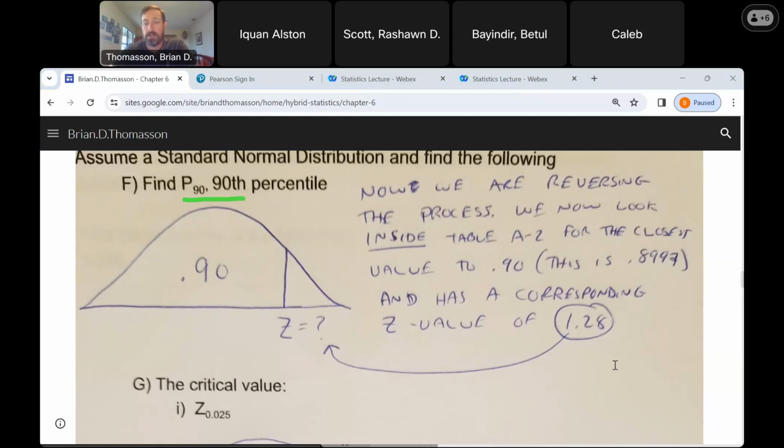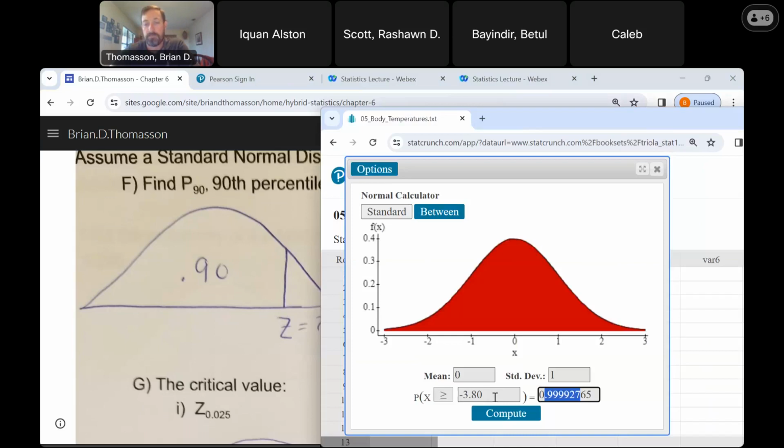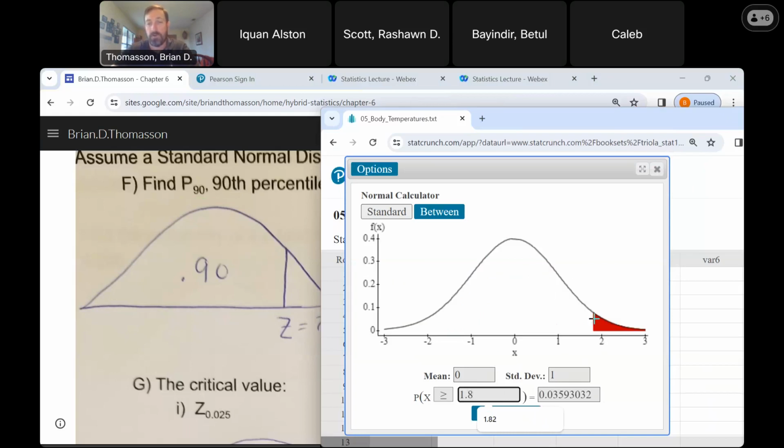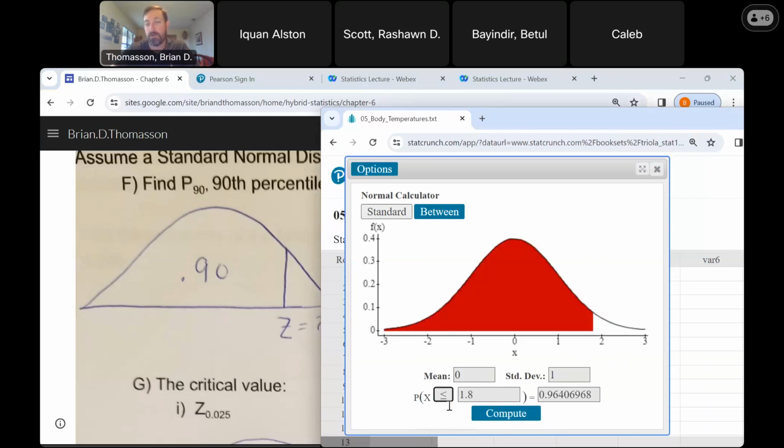Yes, exactly. So Caleb's asking on StatCrunch, can you change it to calculate greater than? Yes, and that's one of the awesome things about it. Say we're trying to find, I think you said 1.8. So greater than 1.8, we can just find greater than 1.8 just like that. And if they want us to find less than 1.8, we can find less than 1.8. That's what's so great about this versus using the table, because the table only gives us to the left. So here we can just switch from left to right, just a matter of changing it from less than to